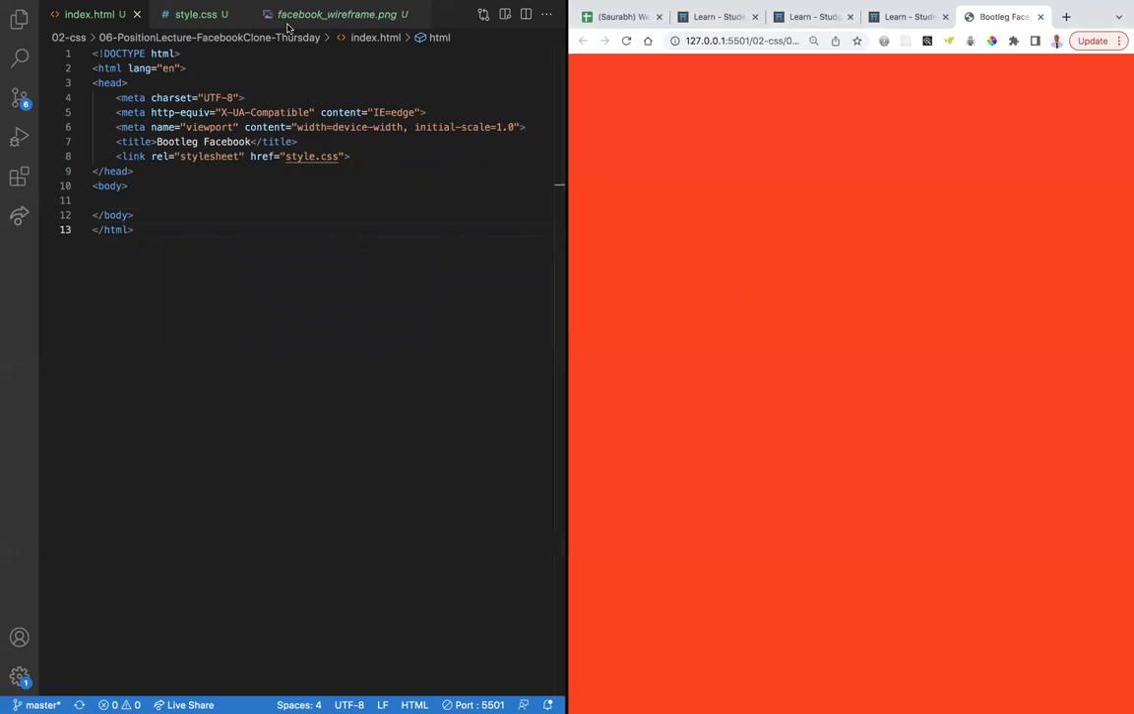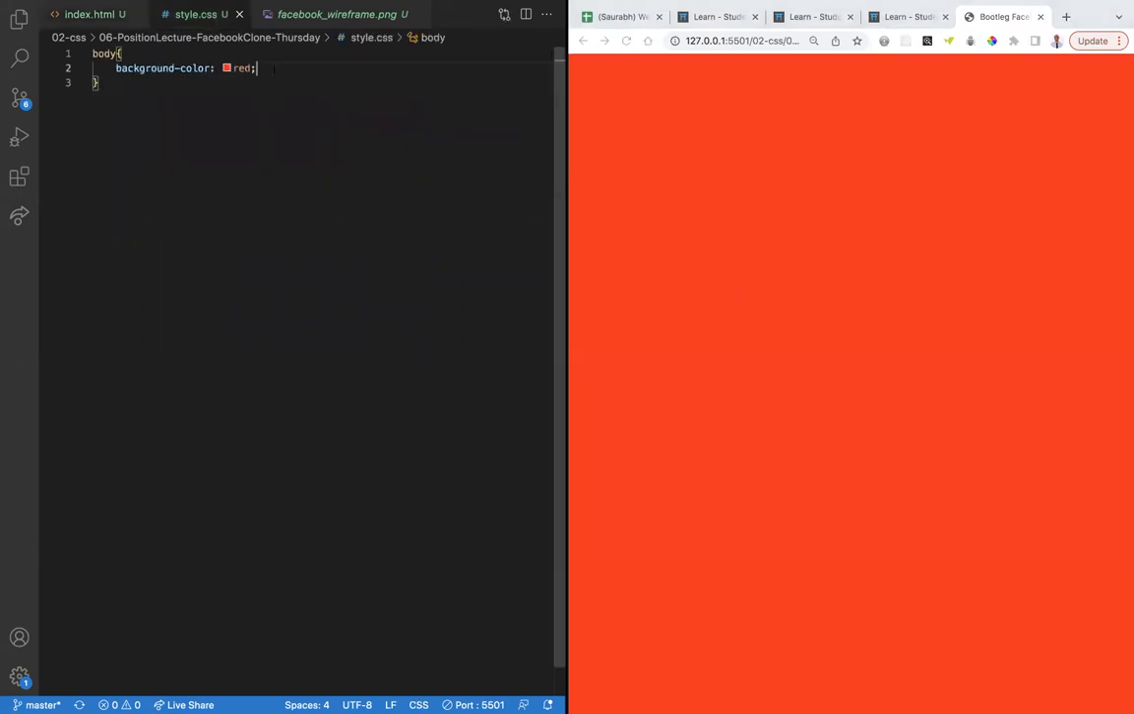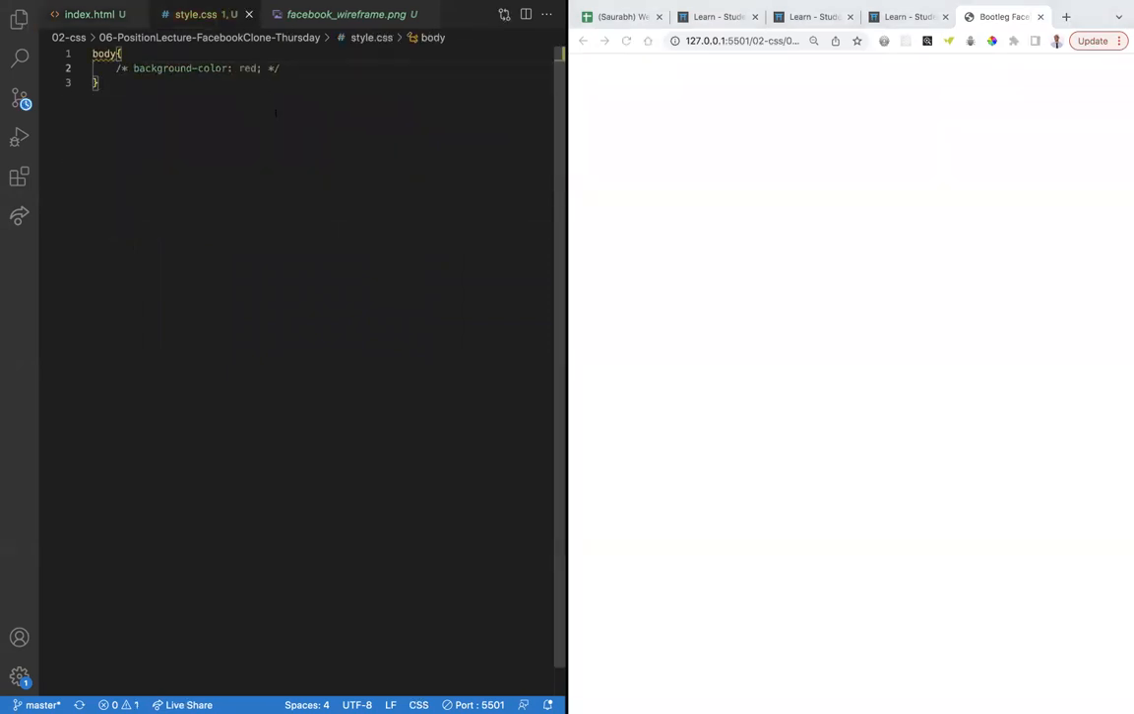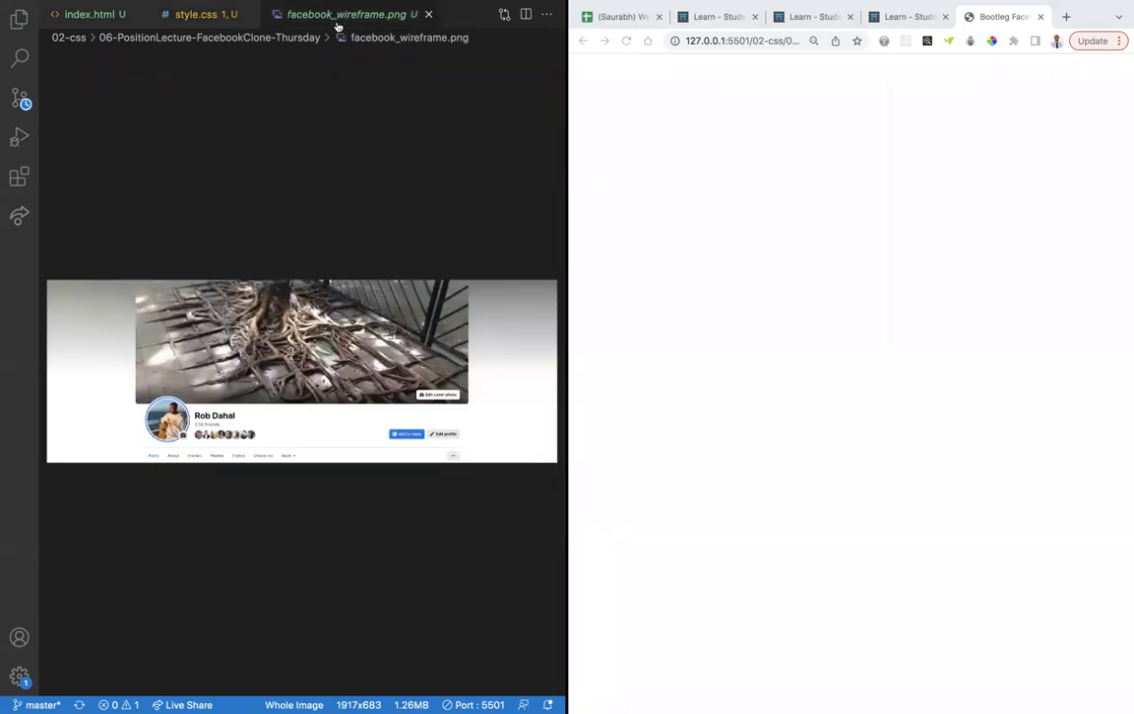Okay, cool. Now let me get rid of this. All right, cool. Sanity check is good. We're ready to go. We know everything's connected. I don't want the background color to be red. Now let's break this down. In this wireframe,